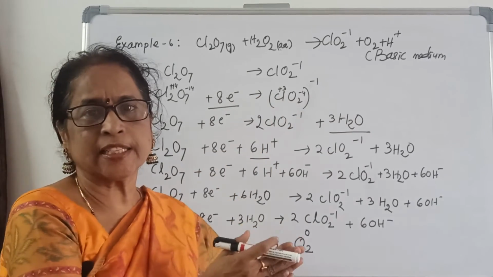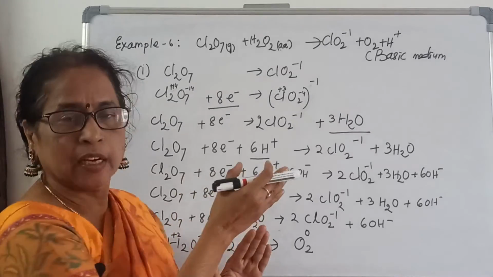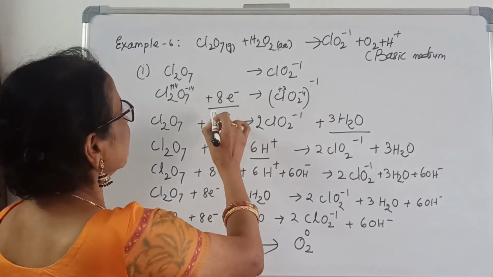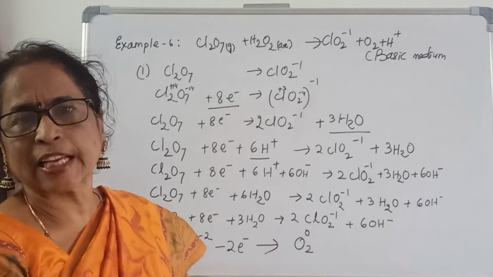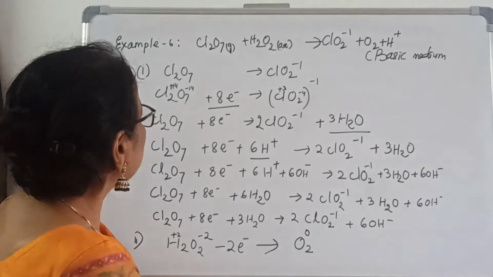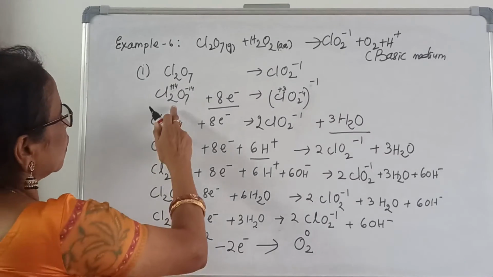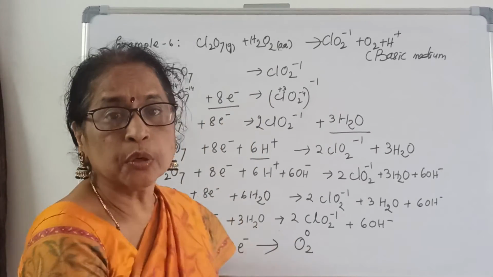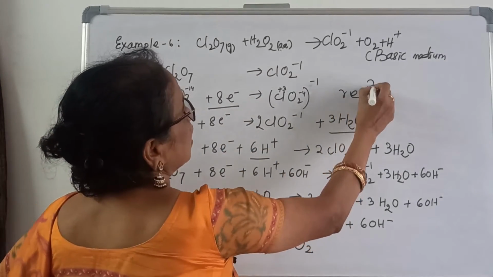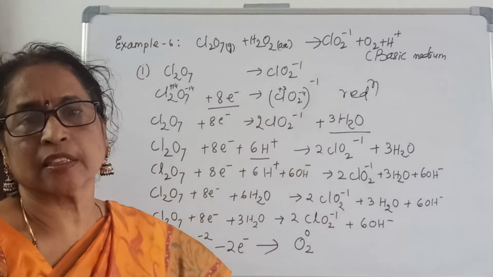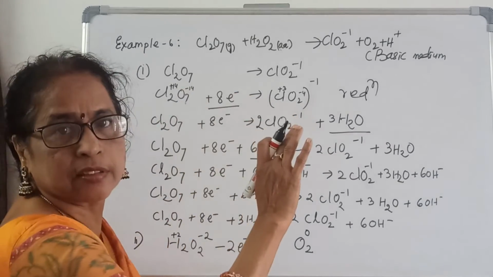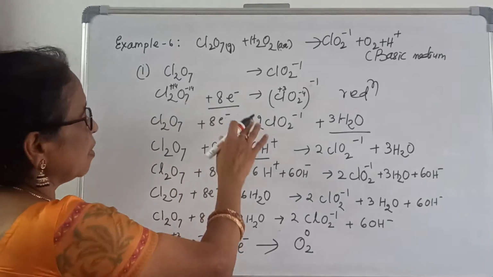Now it is clear, this chlorine is plus 7 and this chlorine is plus 3. So there is a decrease of positive valency by 4. That means addition of electrons takes place. How many? 4 electrons should be added. But here there are 2 chlorine and there 1 chlorine, so for 2 chlorine it should be 8 electrons. That means this is the half reaction where reduction takes place, and 8 electrons are added. But what about chlorine?